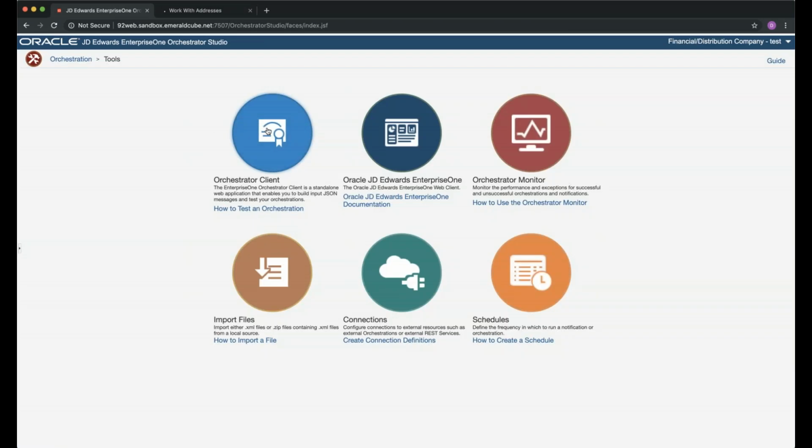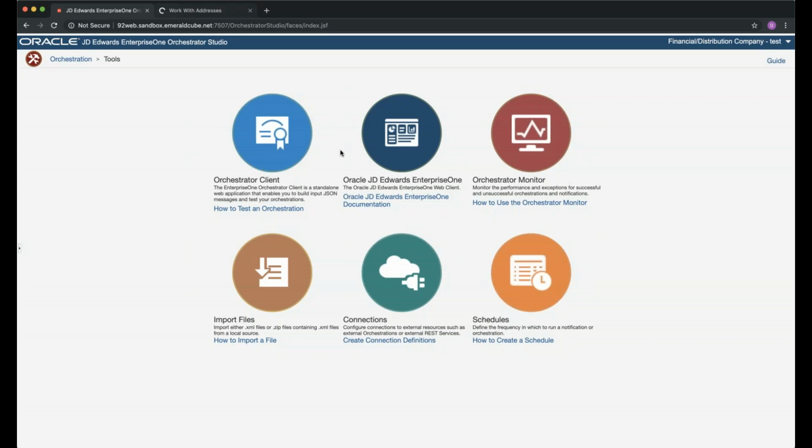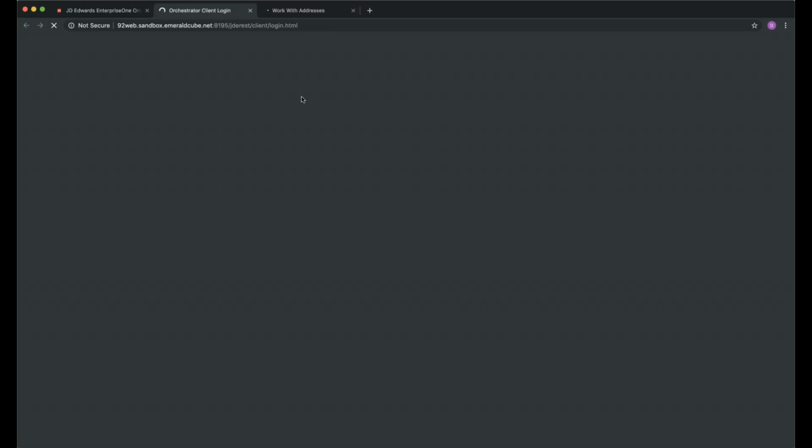What I'll do now, and this is basically to grab the data, is I have the Orchestrator client here. We click the Orchestrator client button, and that's actually loading from our AIS server. It's delaying a little bit here. Let me try to fix this. Here we go. It utilizes the AIS server, and it allows us to call this orchestration from the AIS server that we have.